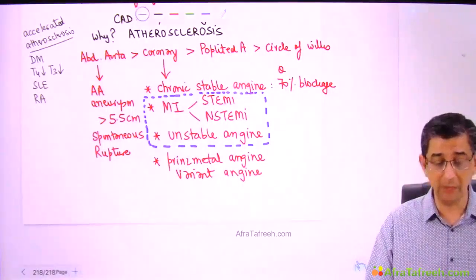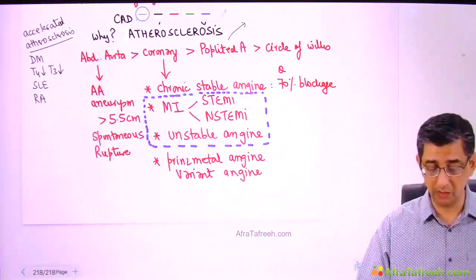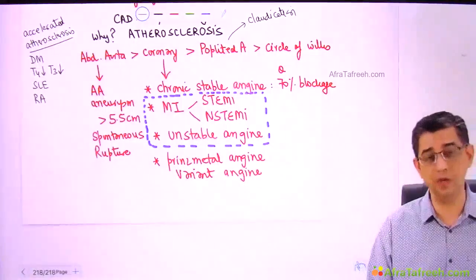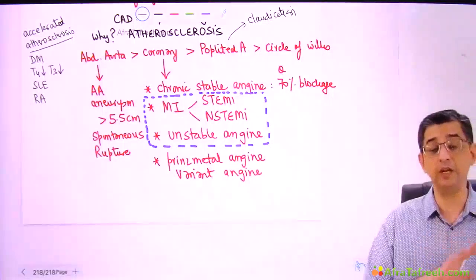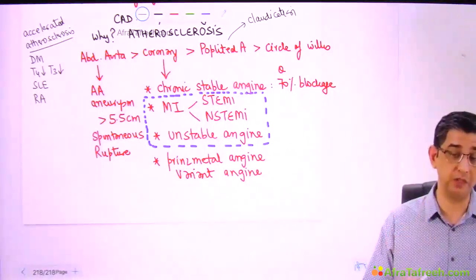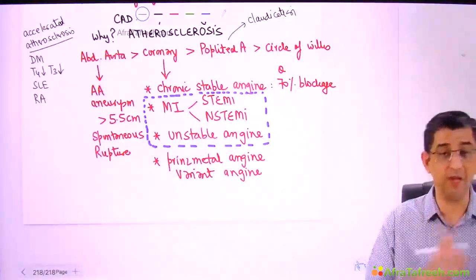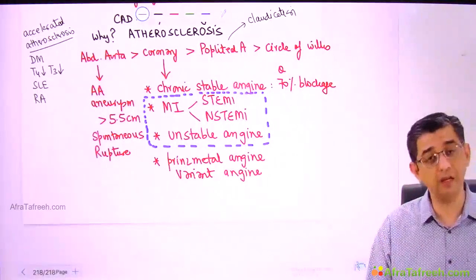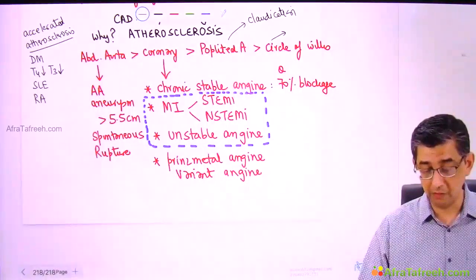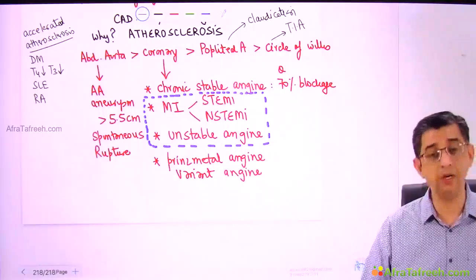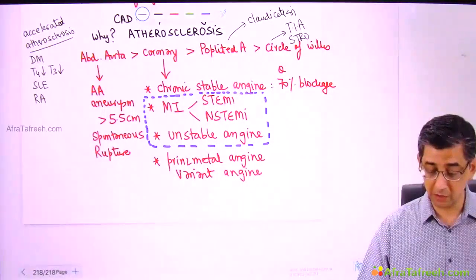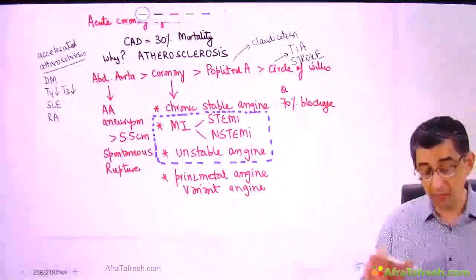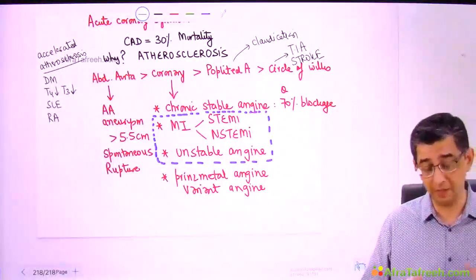And when it comes to popliteal artery involvement, you don't need to note this down, that is implied, and this is taught even in surgery, that peripheral arterial disease can occur, so a person can be having claudication. Mark my words, I did not say intermittent claudication. That is what you read with Buerger disease, which is more commonly seen in people less than 45 and non-smokers. But at the moment, I'm talking about a smoker more than 45 years of age, with popliteal artery narrowing. And God forbid if the circle of Willis is involved, then you could be having a transient ischemic attack, or you could be having a stroke manifestation. So you can see one simple word, atherosclerosis, has so many ramifications, so many implications for a single patient, or these could be different patients as well.